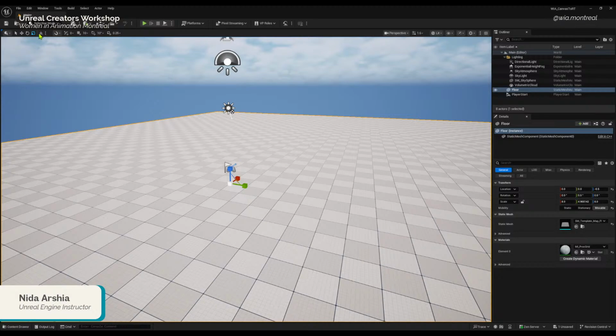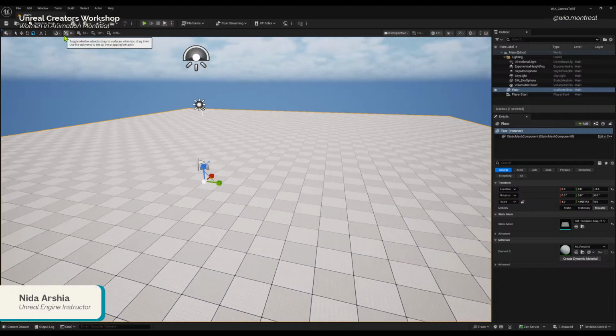And then we have a local space coordinate or a world space coordinate. I think this is going to be better when we are working in the scene, when we open the level that I've shared with you and start looking at that, because that's going to make more sense, and it's going to be easier to grasp. These are pretty simple things, but I'm going to move on and get into the next thing.